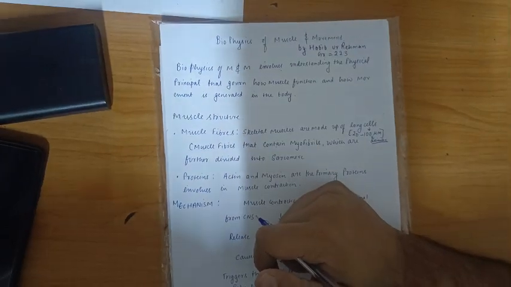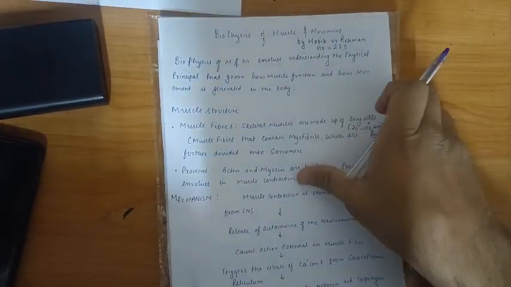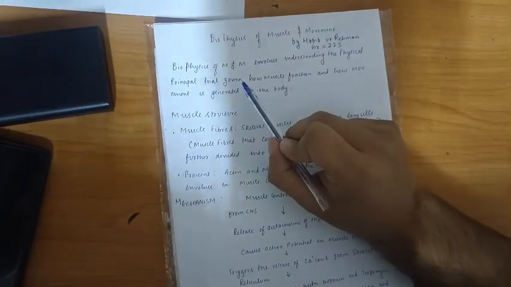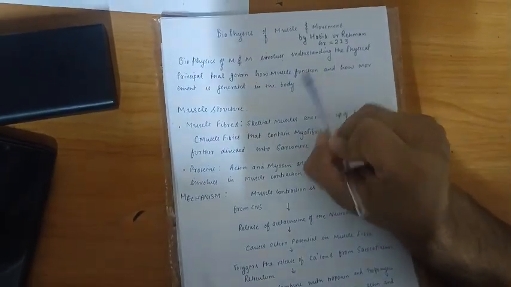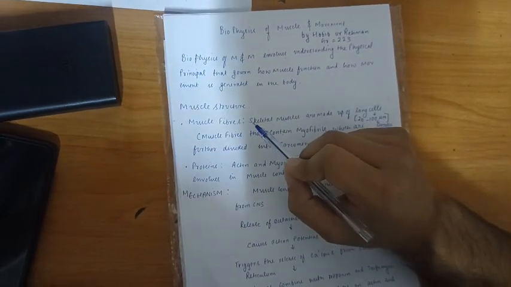My name is Habib Rehman and my topic is Biophysics of Muscles and Movement. Biophysics of muscles and movement involves understanding the physical principles that govern how muscles function and how movement is generated